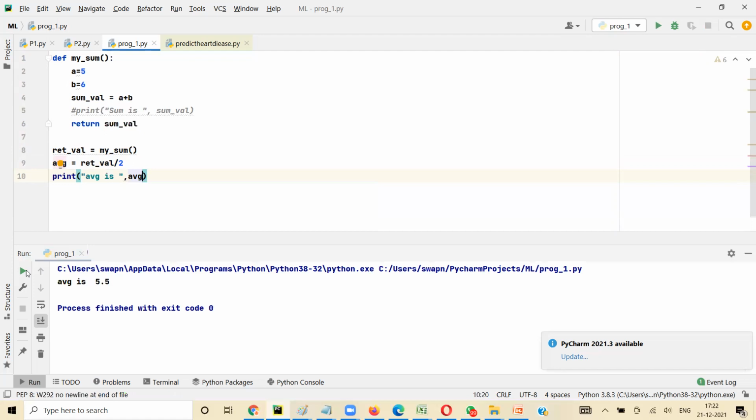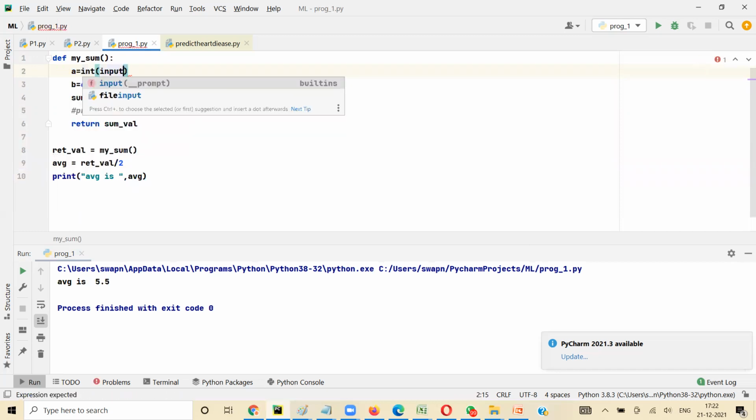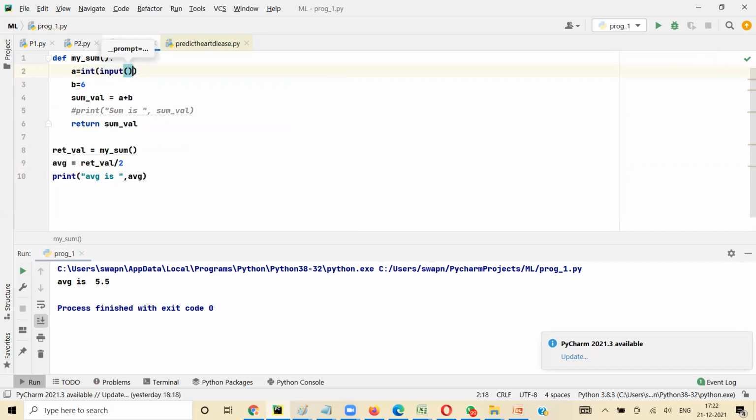Now in this case also, you see these values are being read in the function. So this function is usable only when you are adding only 5 and 6. How do you make it more generic? One option is, instead of a equal to 5, I can say int of input. Right, I can do that. But the problem here is, again,